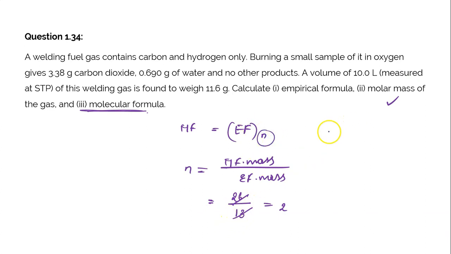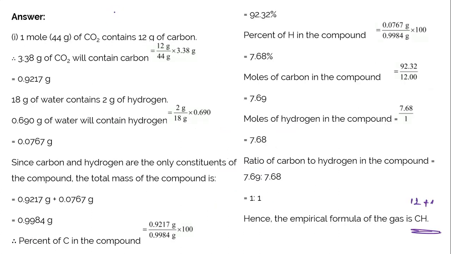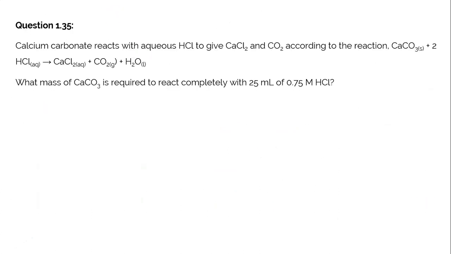Substitute the N value here, which in turn gives you molecular formula being equal to empirical formula, which was CH. Substitute N value 2, which is C2H2. Molecular formula is C2H2. We are talking about ethyne or acetylene so far. So this is another important model question which can be expected in your exam, school exams. So now I hope you understood this. In case you have doubts, you know what you have to do. Please let me know your doubts in the comments. Now let's move on to the next question.